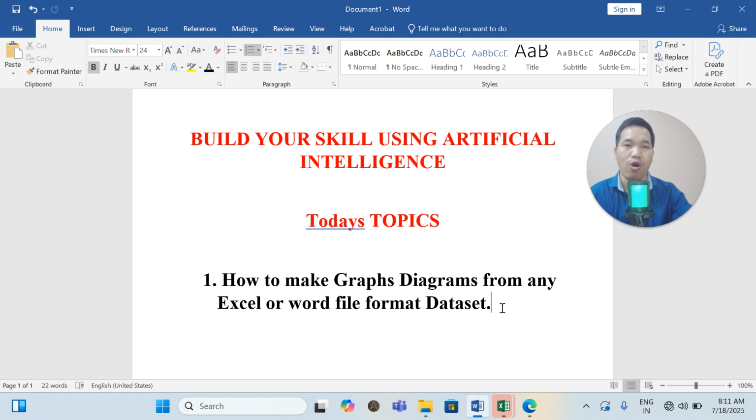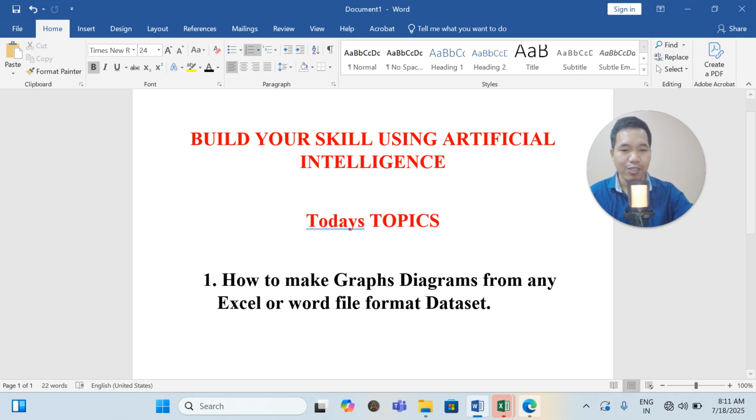You don't need to learn all the details, all the shortcuts and everything. By using artificial intelligence, by using ChatGPT, Gemini, and DeepSeek, you can work with any Excel format, no matter what the Excel format is. Maybe it is a file with thousands of rows, or a very, very big file. Still, within 1 minute you can solve your problems, and there is nothing to worry about. So this video is for all of you who are really suffering and struggling with Excel format and Word files and all these things. So I'm going to teach you the shortcut way to do that.